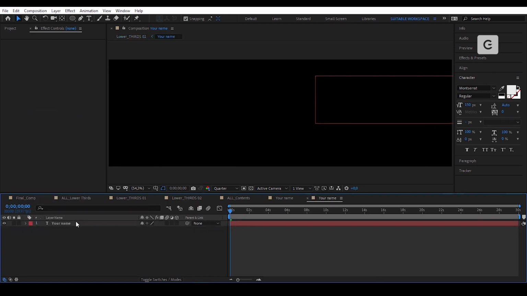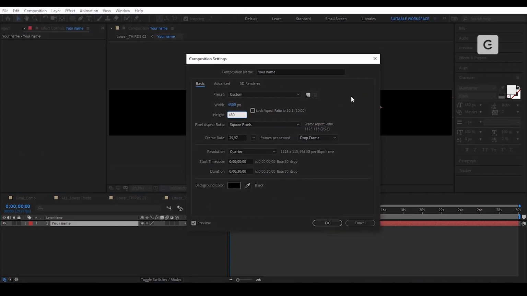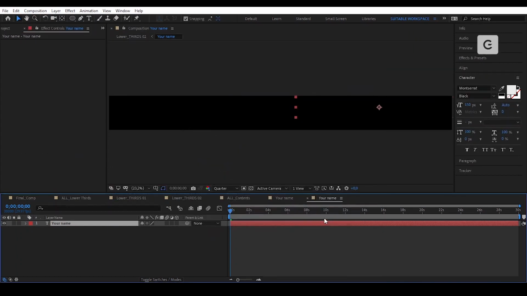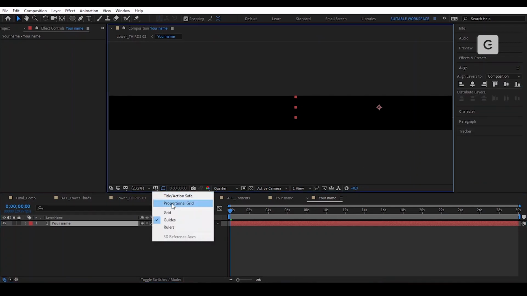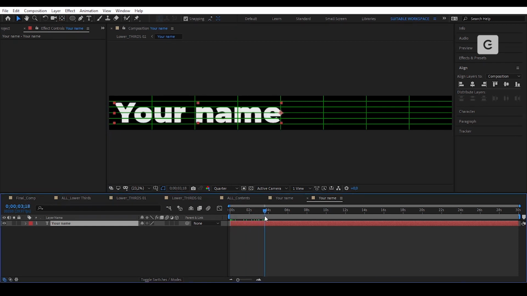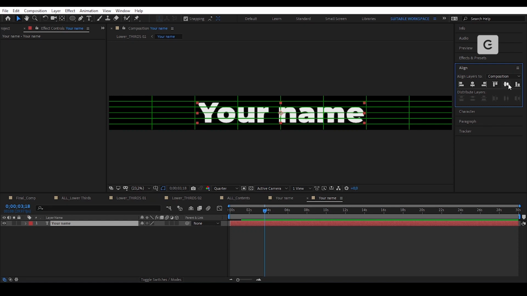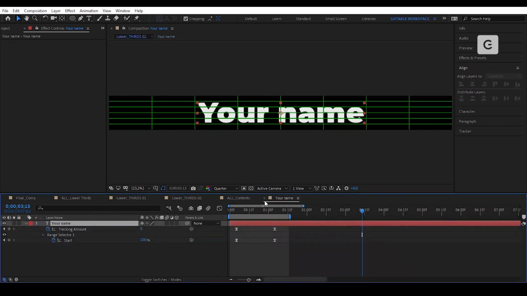Double-click and edit the comp settings like we've done for the previous text. Align the text and the anchor point. Oh, sorry. Realign it again. Okay, now it's fine. Go back to the lower third comp